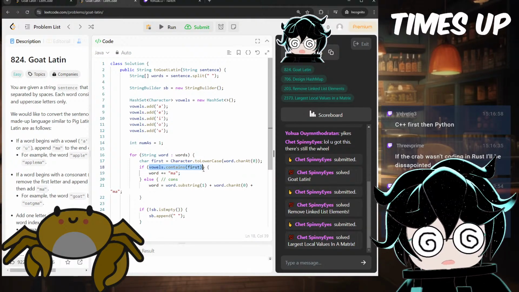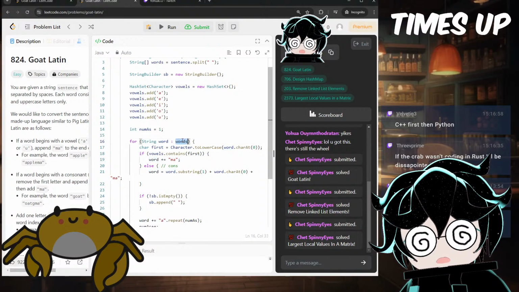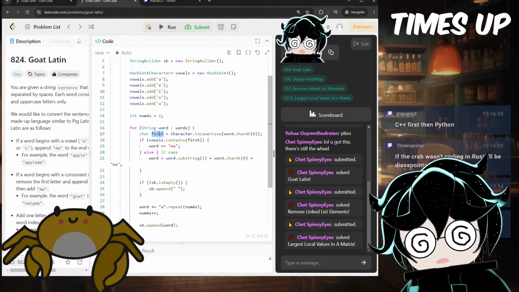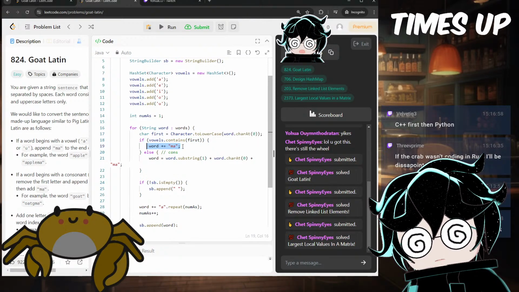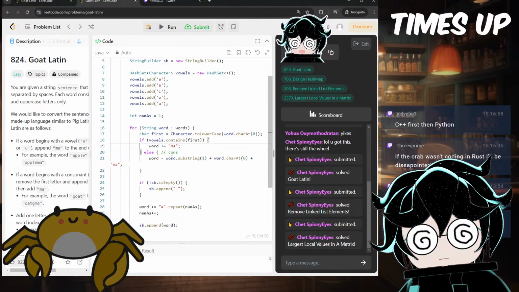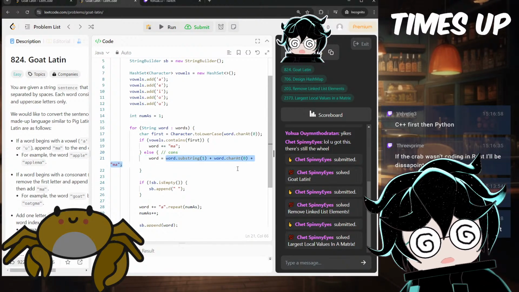So I do, for every single word in the words list, I get the first character, and if it's a vowel, then I add "ma" to the end: word plus equals ma. And else, I manipulate it the way you would with a consonant.